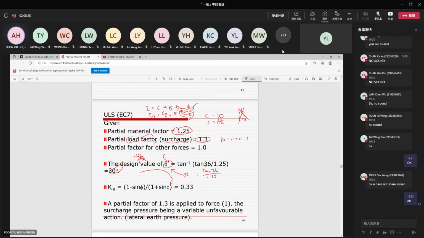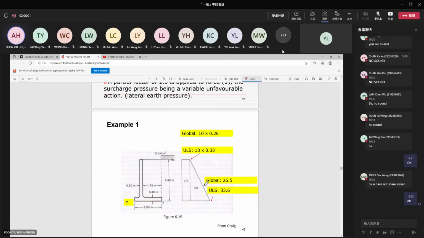Otherwise, it is quite straightforward. 除咗呢個少少要 handle 之外，其他就都好容易理解。長遠都係用呢啲 Eurocode 㗎啦，我估，因為呢個 design philosophy 先啱，比較接近。